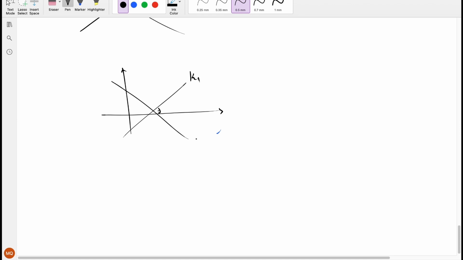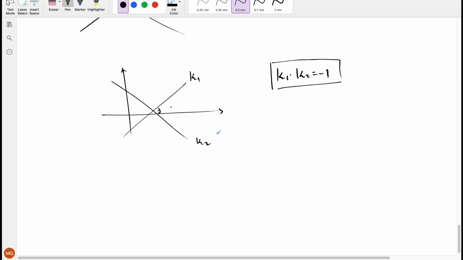Here is k1, here is k2. Here we have this formula: k1 multiplied by k2 is equal to -1. Or you can think that the second slope is the opposite of the reciprocal of the first one. We can prove this